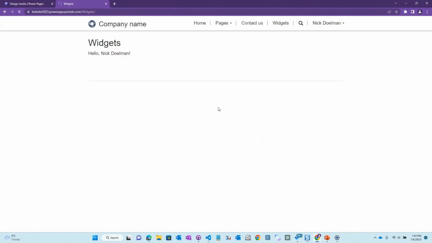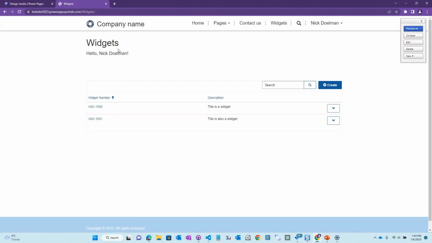And I'm going to pick the identity that I've signed in on. And what that's going to do, it's going to display, says widgets, hello, Nick Dolman, because it ran that Liquid code and it's able to show me my own name that I'm logged in as. So pretty quick and easy stuff that you can use the Pack CLI for.